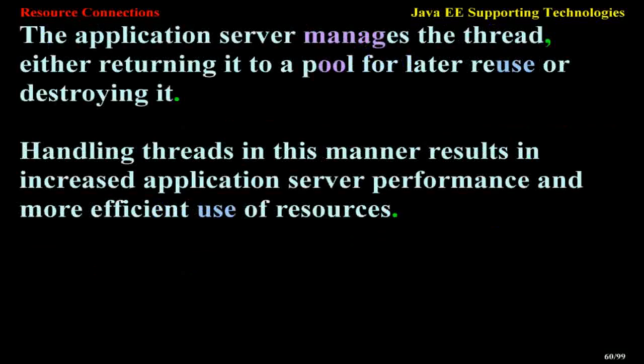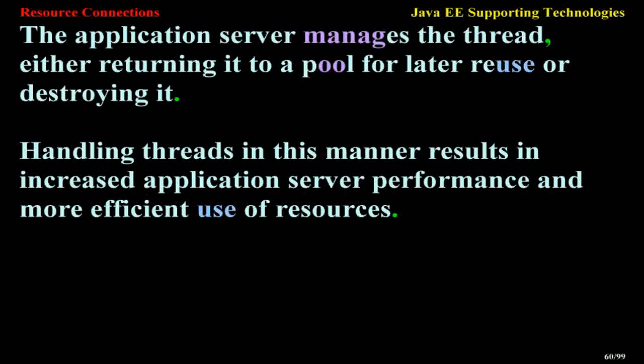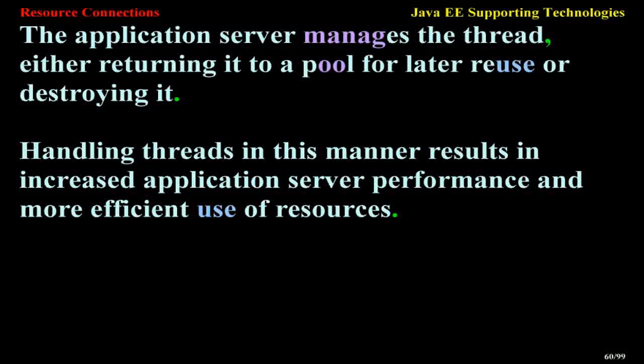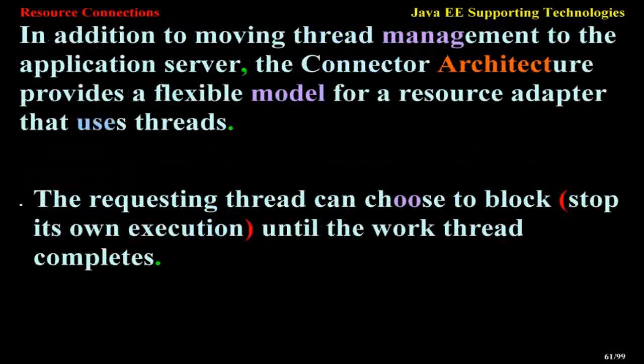The application server manages the thread, either returning it to a pool for later reuse or destroying it. Handling threads in this manner results in increased application server performance and more efficient use of resources. In addition to moving thread management to the application server, the connector architecture provides a flexible model for a resource